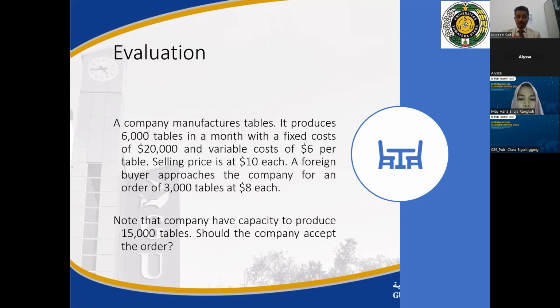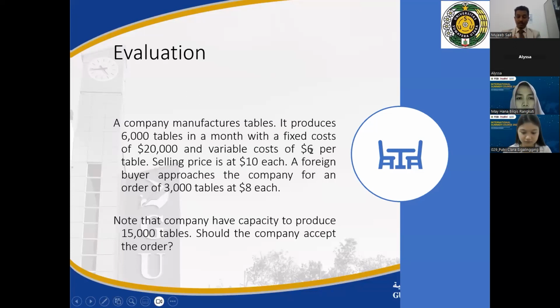But here, the most important thing is that the price given by the customer for each table should be at least more than the variable cost for one table, which is 6. So once the price given by the customer is more than the variable cost for one table, that means you should consider this order and you should make a report. And I'm sure that we should accept this order because it will cover the variable cost for one table